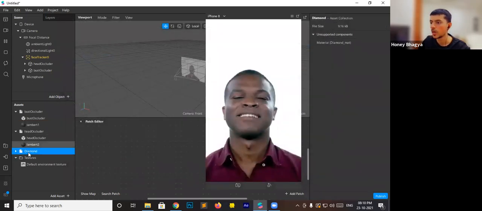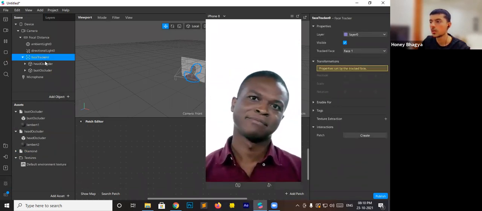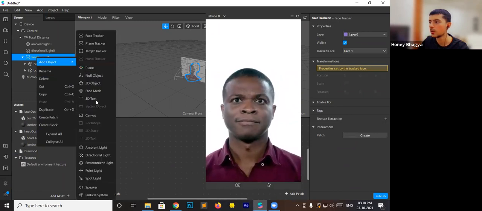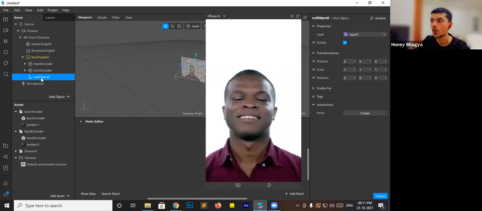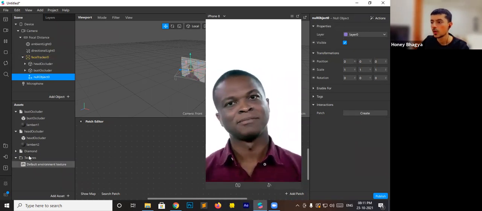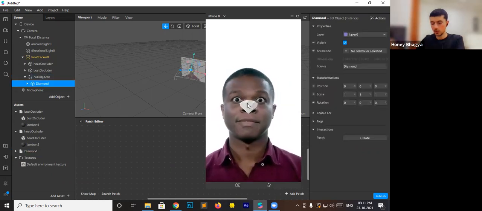And now we have our diamond. First, create a null object. As I explained to you in the first session, a null object is an empty class. So make sure it is in the parent class of face tracker. And now we have the null object. Then drop the diamond to the null object. And here's our diamond.